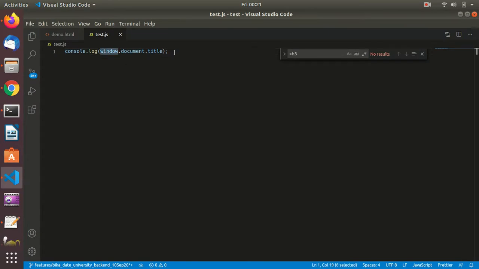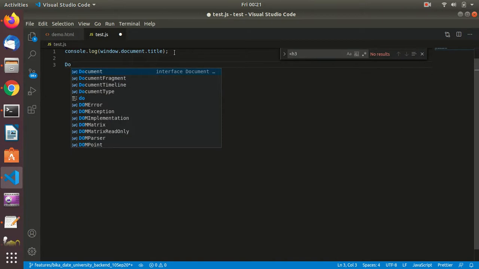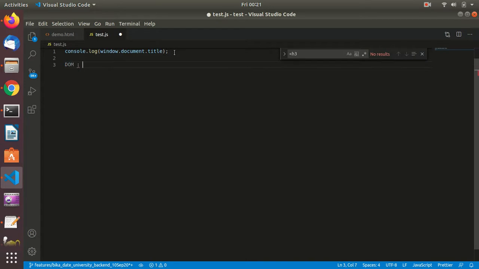So now the thing is the DOM definition. One thing is the HTML is the document, right?